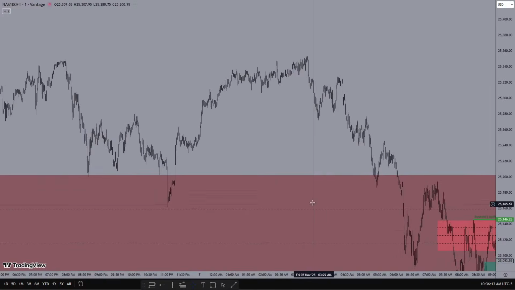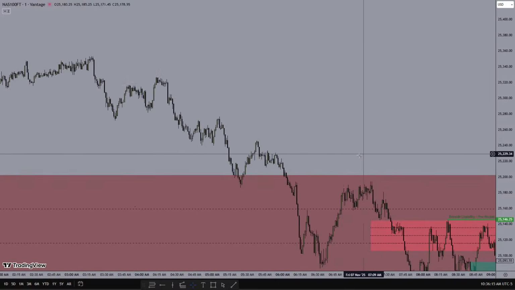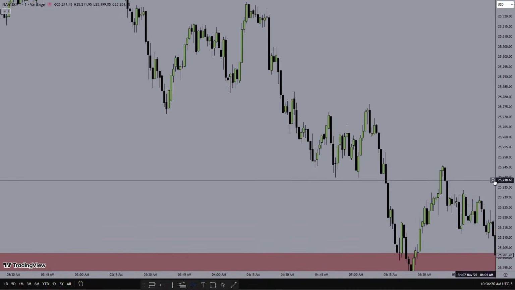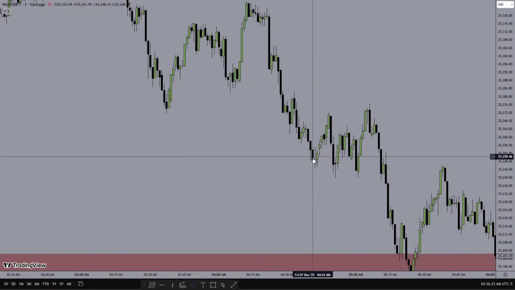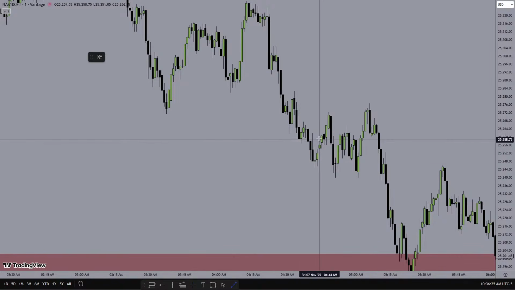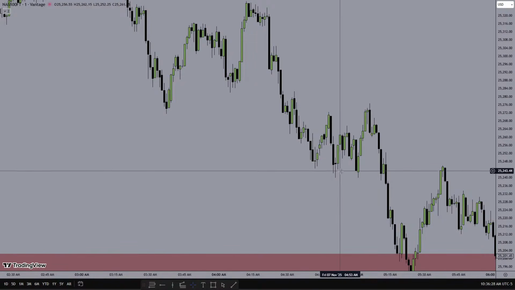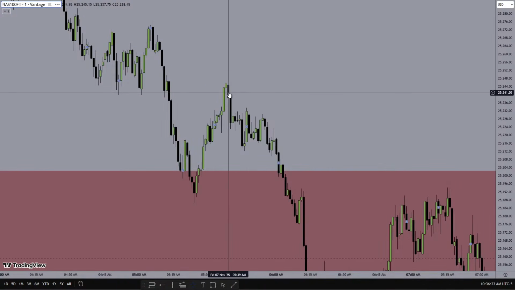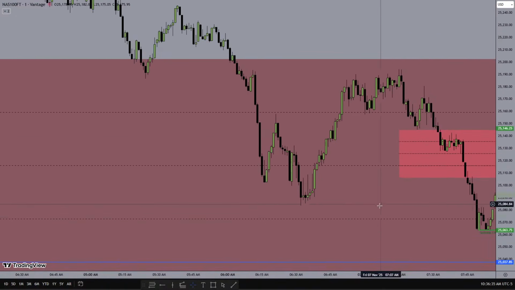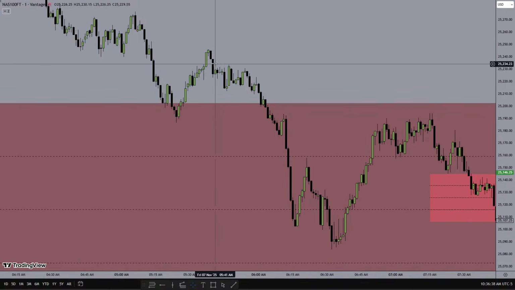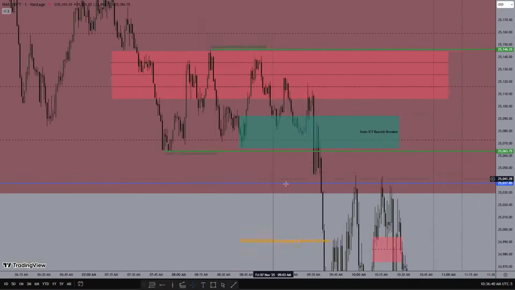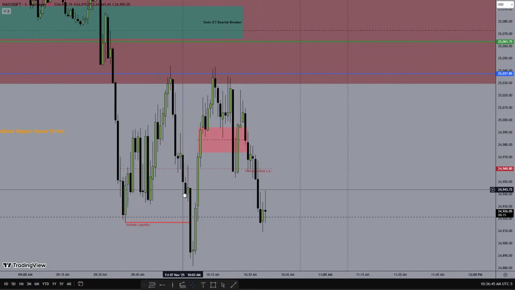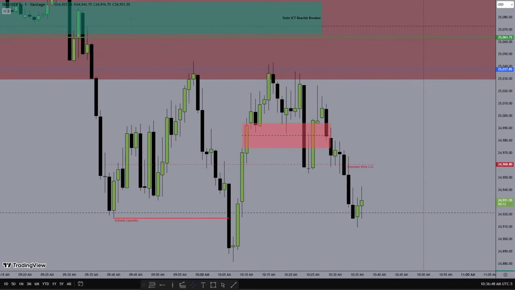The thing I executed, if you been in the Discord, I took a short here. Well, the first one I took was this small 10 handle move. Then I tried going short, it stopped me out there. I went one more time, it hit TP, and then over here I got stopped, and then here I caught a really nice portion off of this fair value gap. And then I just took a loss, which was pretty stupid. I don't know why I took that, but it was very, very stupid. But yeah,